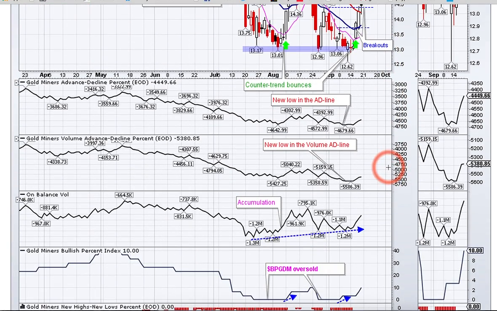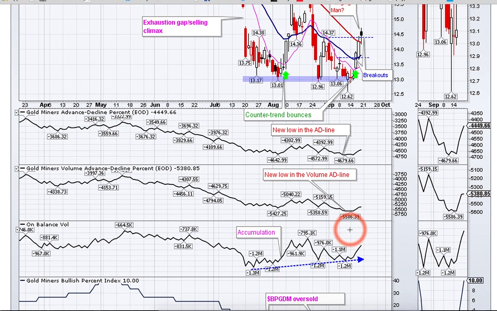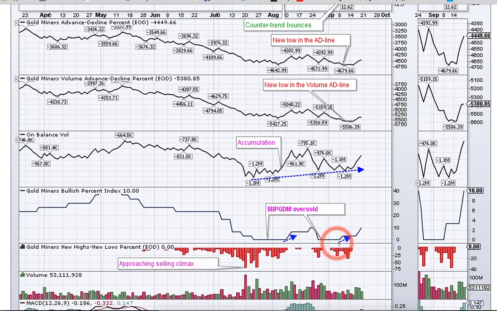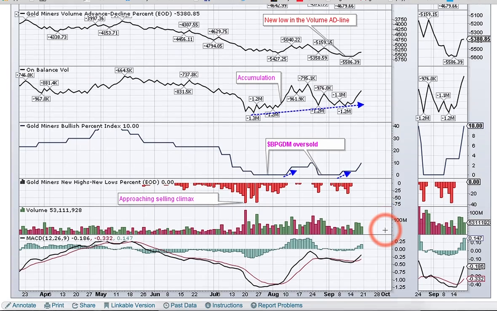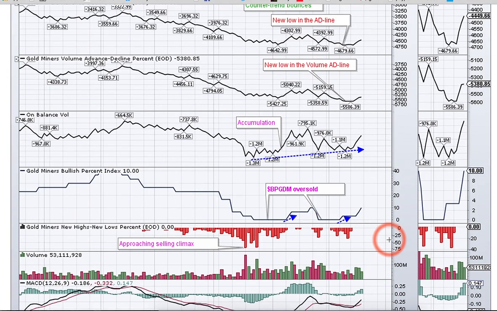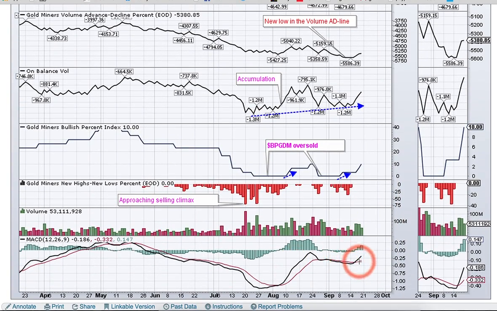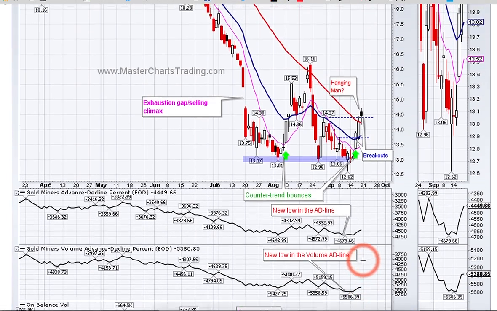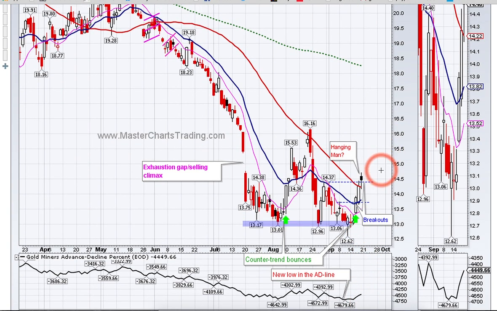Alternatively, of course, we could push higher and push here to $16 as a first test of this counter trend rally in GDX. Now, I think that on balance volume is actually confirming this potential sizable rally that we might see. You can see that GDX traded kind of flat, but on balance volume actually made a higher low. And the same with bullish percent index, it looks like we're pushing higher. So I'm generally speaking bearish, but also MACD, you can see that it's not yet in overbought territory. So it looks like GDX together with gold may have some room to run to the upside.